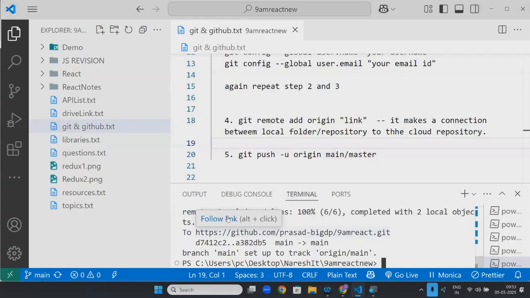Let me go here. Now see this here. Can you see it got updated just now? That's it. If you do these five steps, you can almost do any Git.